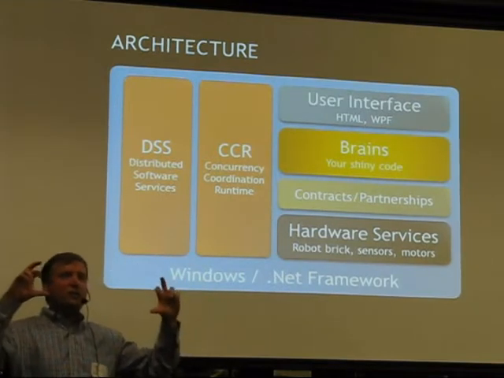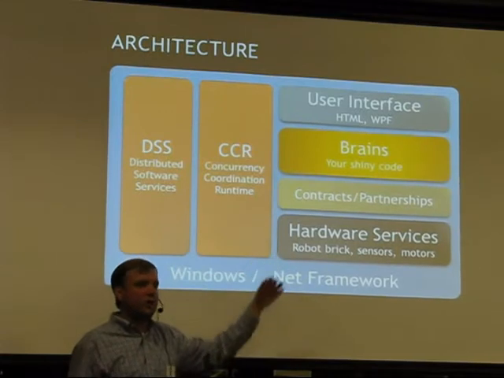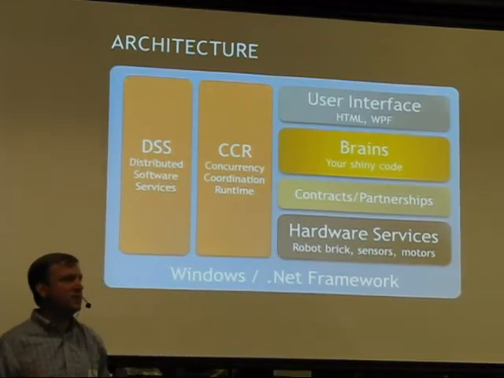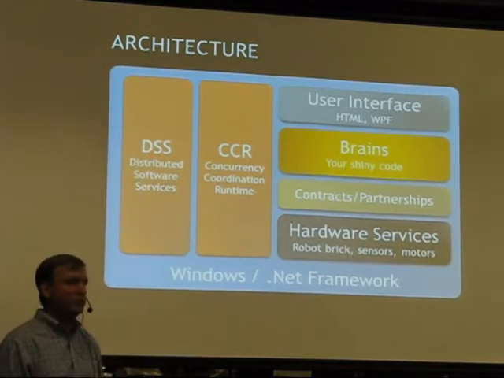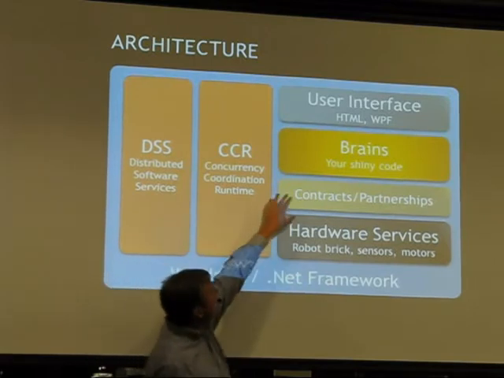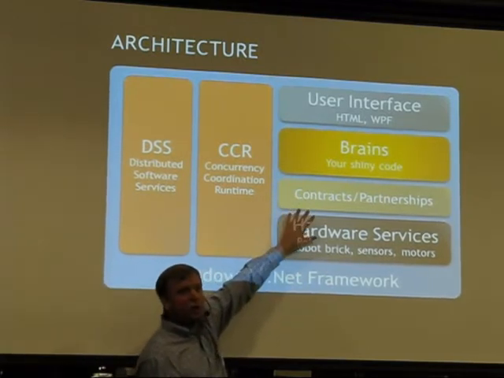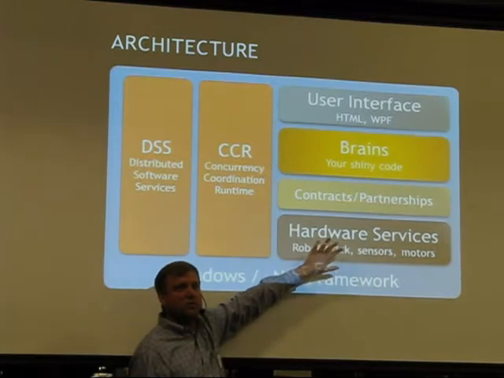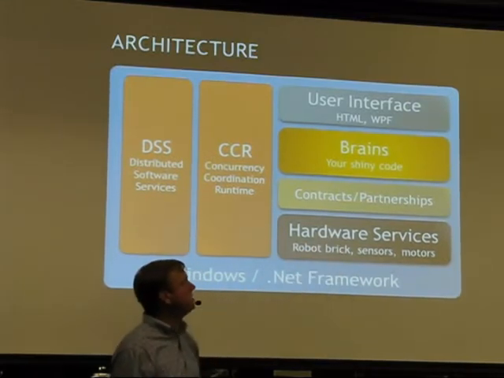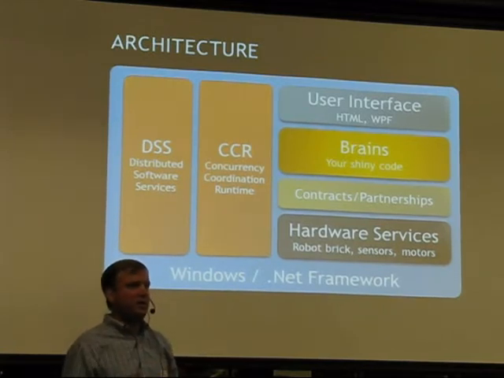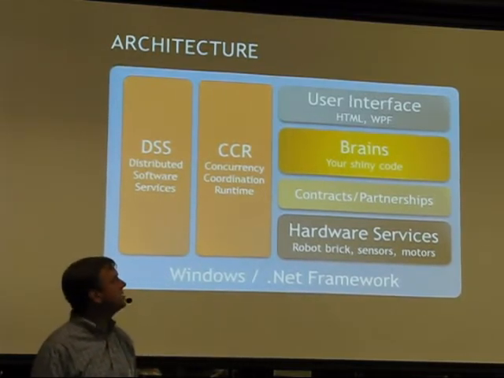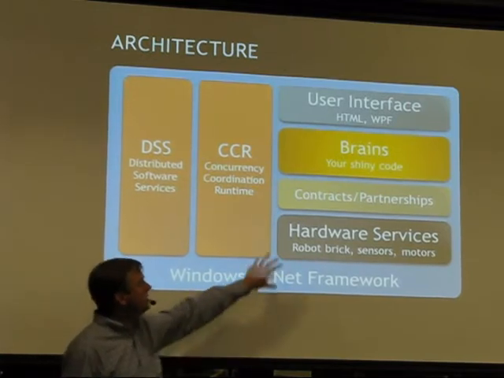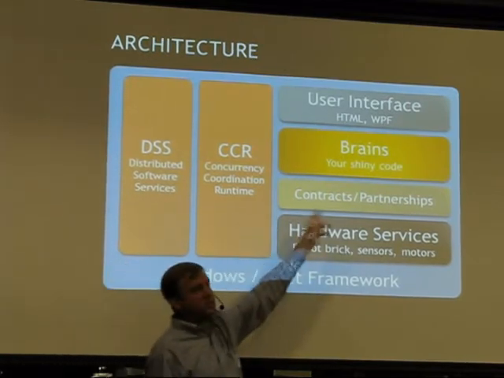Your stuff is sort of there in the middle. This is right where you're writing all of your logic. You're deciding what to do with the inputs that come from sensors and how you're going to turn that information that's coming in into outputs for your motors or actuators or whatever they are. And then what you're talking to are the lower level services. Again, what we call services in RDS. And that is whether it's the brick for the NXT, or the Propeller board and the Parallax Eddie robot, or whatever it is. They're these services that have already been written, and your job is to talk to those